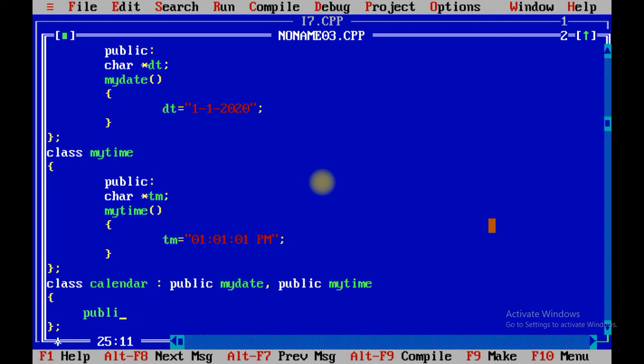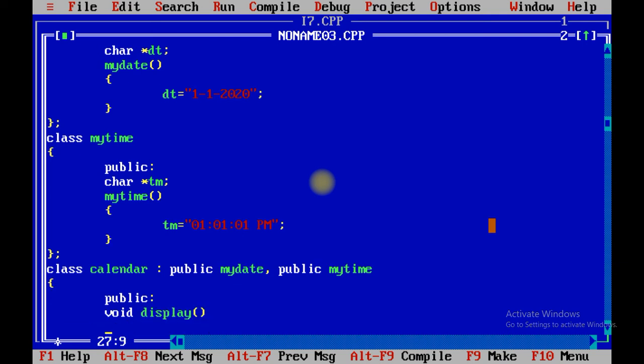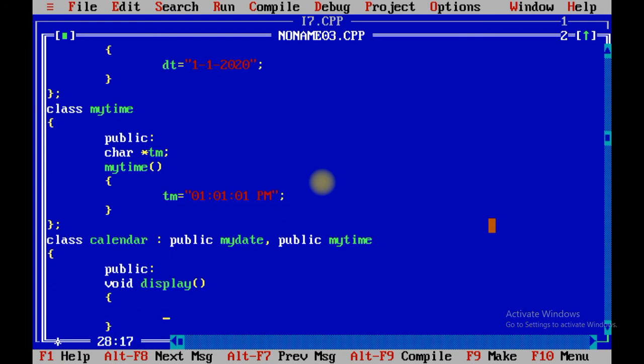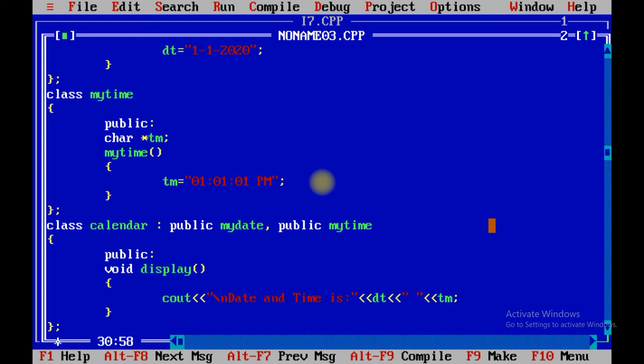Now in the calendar class, I am going to define a public method, void display only. I don't want to take any variable. Inside the display method I just want to print whatever value is initialized in the date class and whatever value is initialized in the time class: dt, with one space in between, and the variable time.